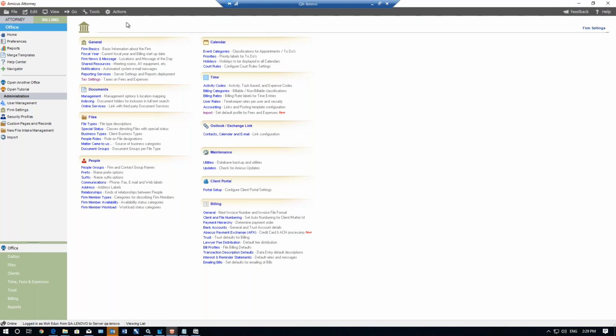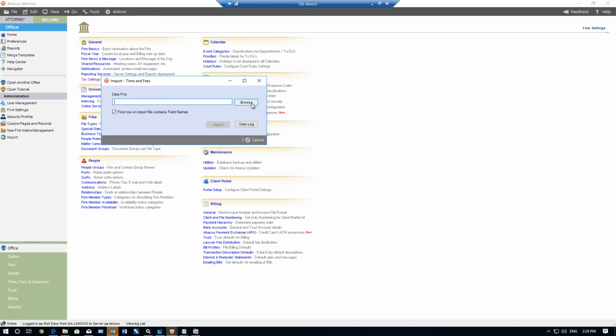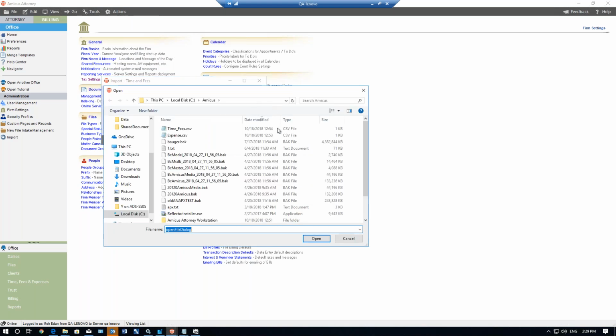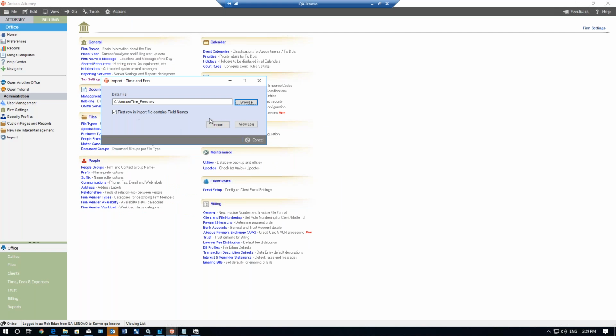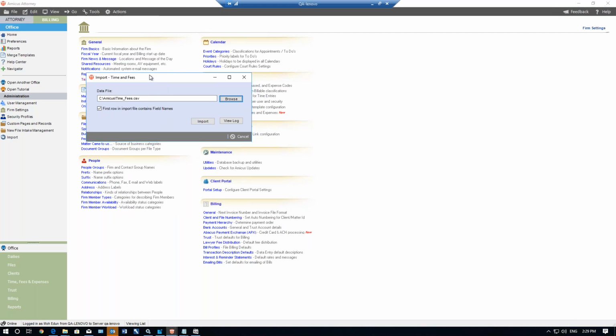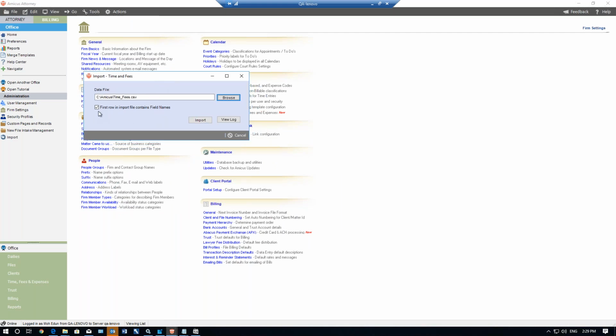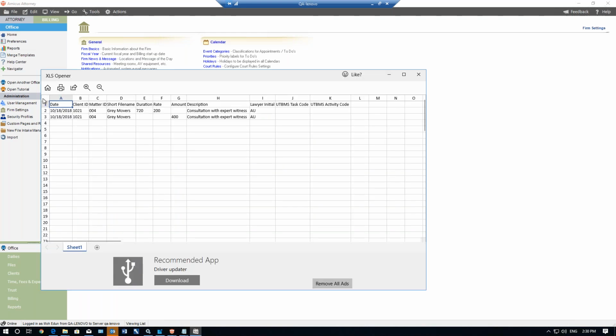I can go into the office under the action, and we have an import option now for your time and fees. So I'll just go in there, select the time and fee here. I'll select that layout, and I'll just do an import. Now, before I do the import, on the file that we had there, the CSV file, you'll notice that